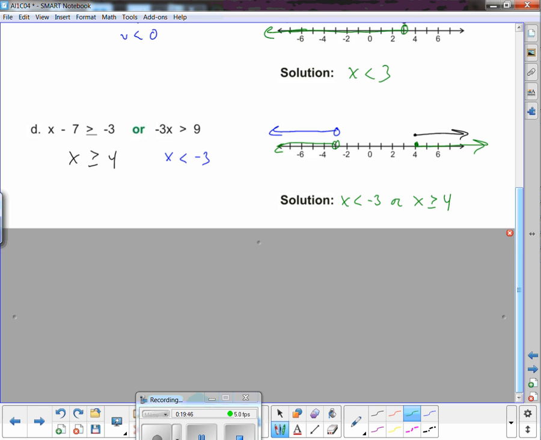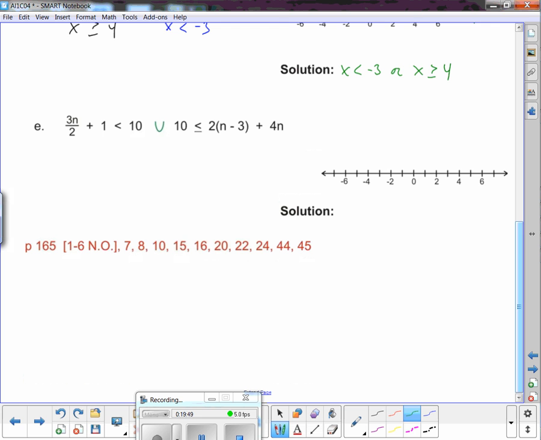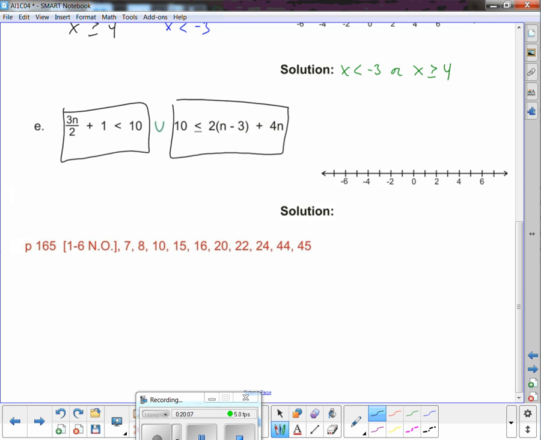Okay, last one. We're going to have to watch our time here. So now, instead of using the word or, we've got the symbol there, not a big deal. And this one, you've got a left inequality and a right inequality. You can have a special case with disjunctions like we did with conjunctions, but you would split them up the exact same way we did with the special case for the conjunctions. So for time's sake,